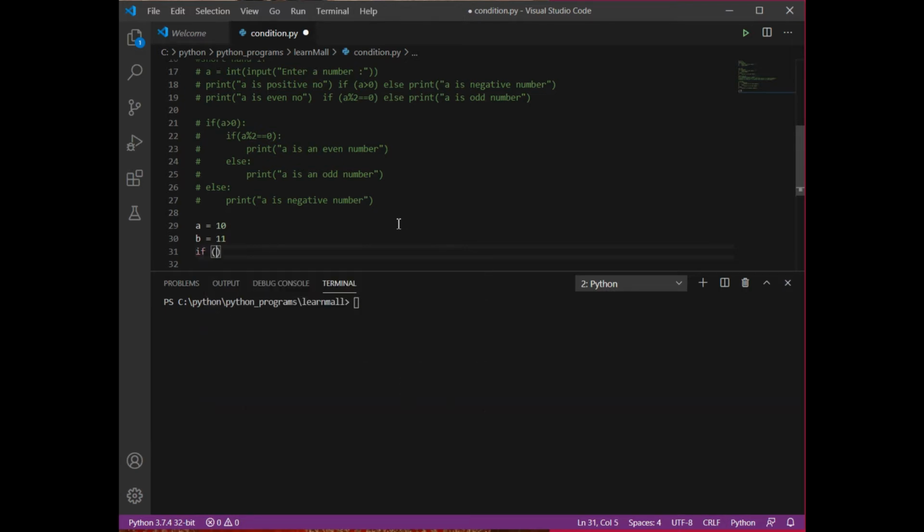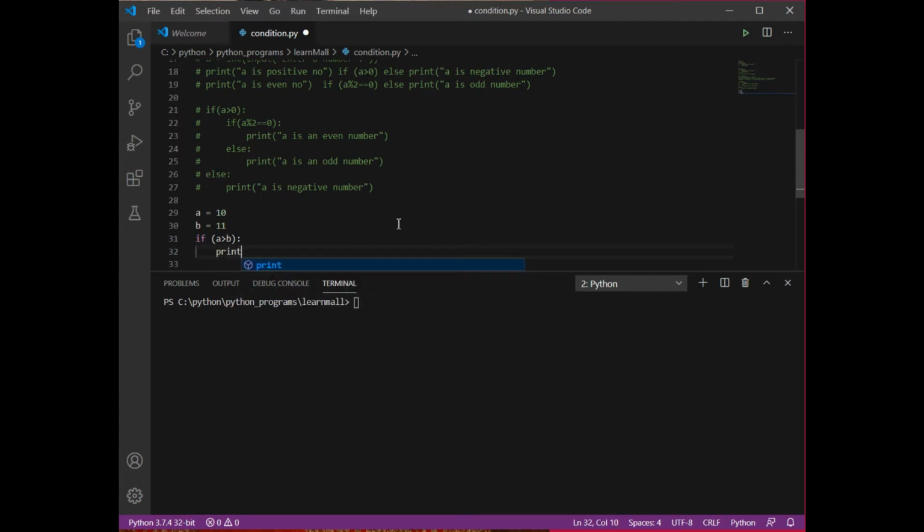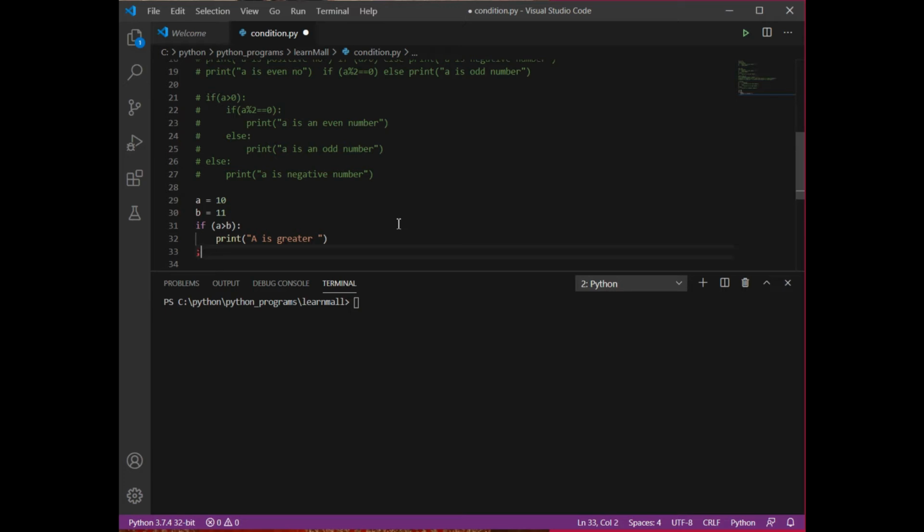First of all, I'll make a condition: if a is greater than b, then I am going to print a message, "a is greater". Else, I want to check: if a is not greater than b, then there are two possibilities, that a could be less than b or a could be equal to b.